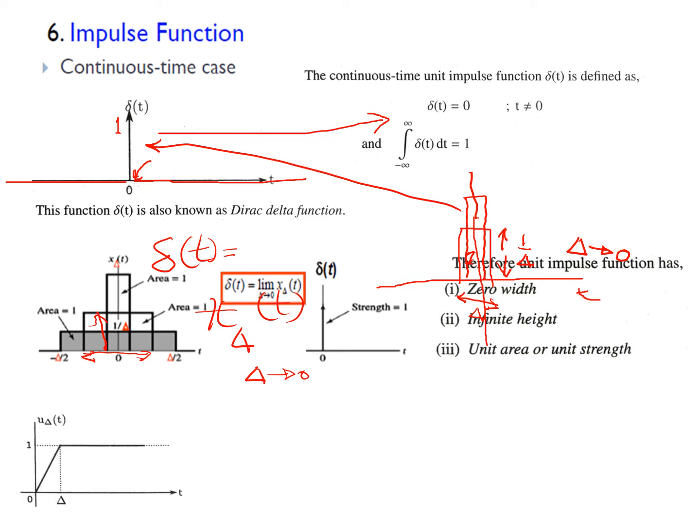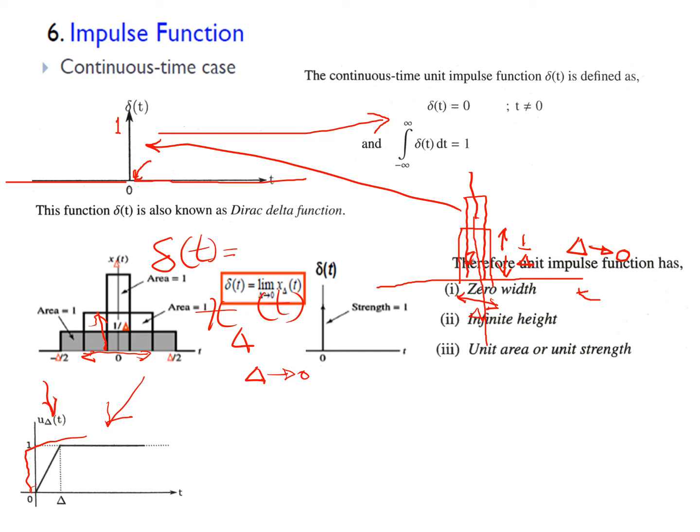Suppose you have a non-ideal unit step function. Normally the unit step function is supposed to abruptly change at t equal to 0 to 1, then remain the same, constant. But here imagine a signal which changes at a slightly slower pace, so that it linearly increases and then remains 1. Imagine a special type of unit step signal, u delta t.